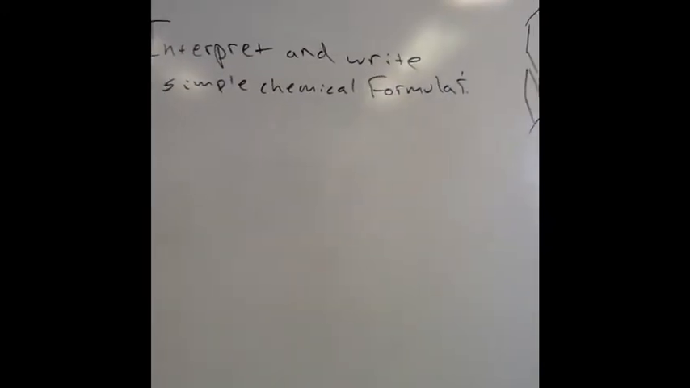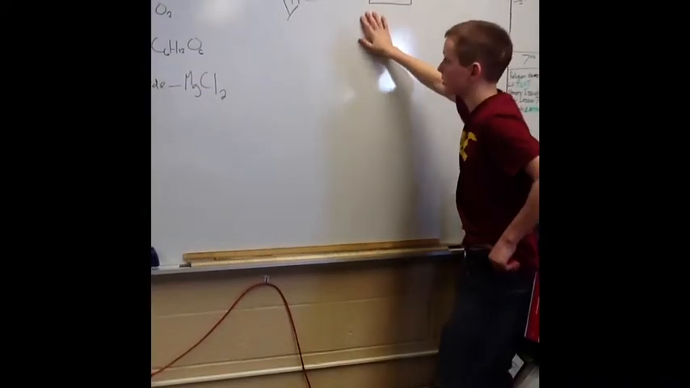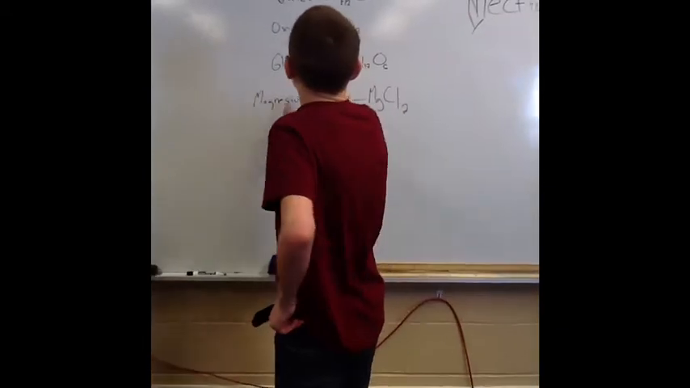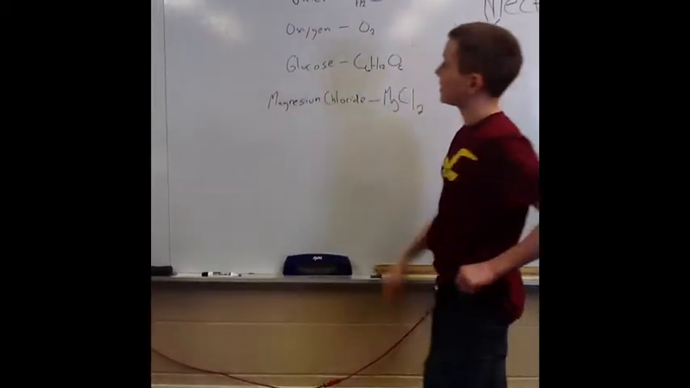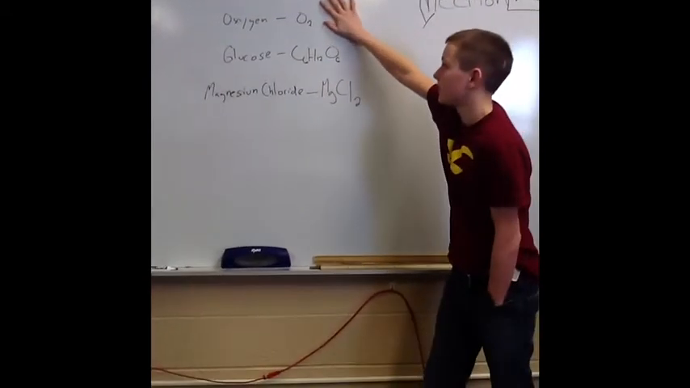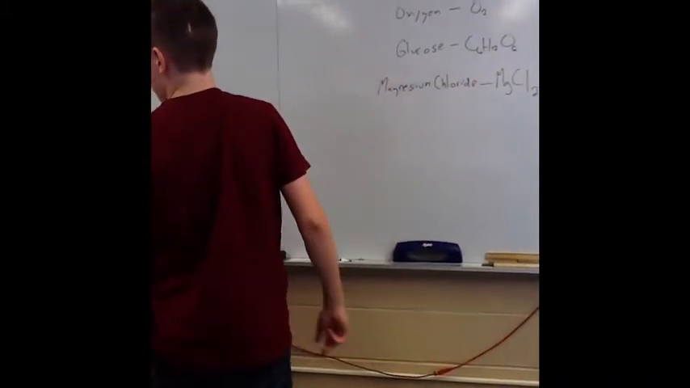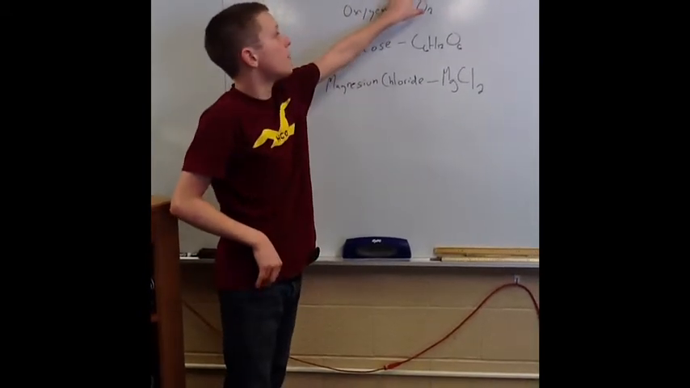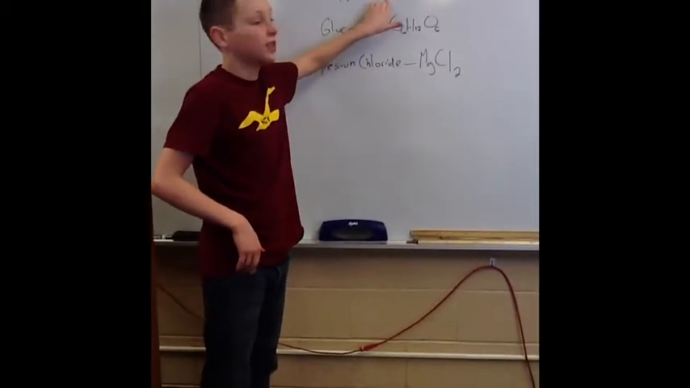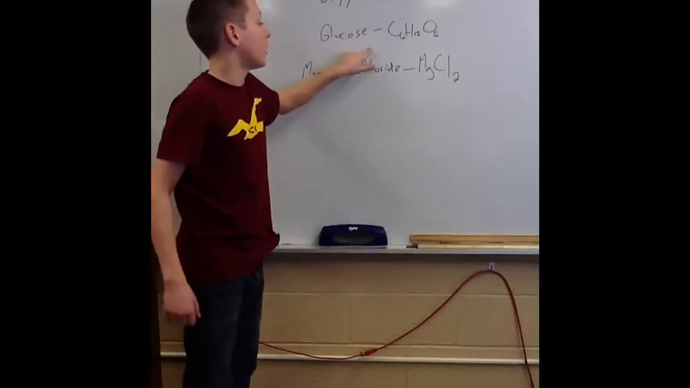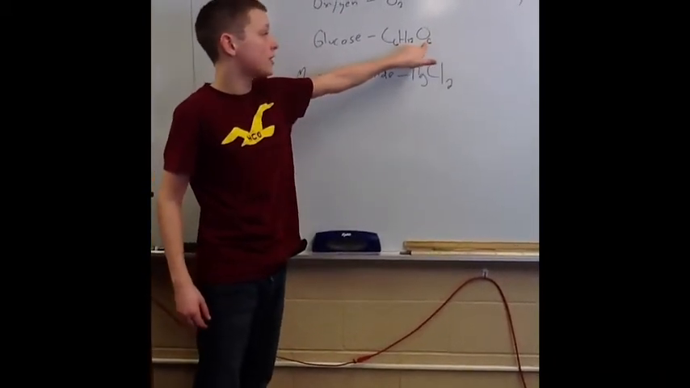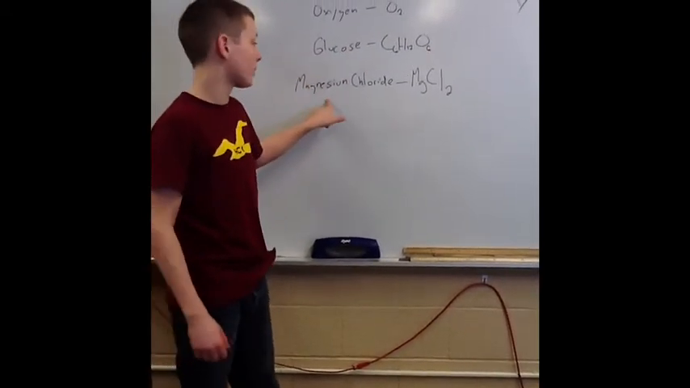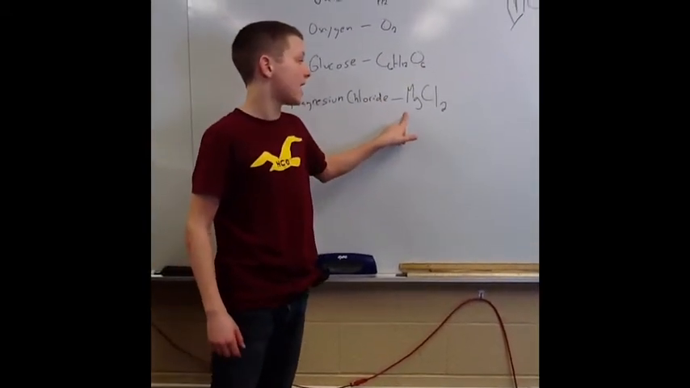Section 2. Interpret and write simple chemical formulas. For example, the chemical formula for water is H2O. The chemical formula for oxygen is just O2. The chemical formula for glucose is C6H12O6. And the chemical formula for magnesium chloride is